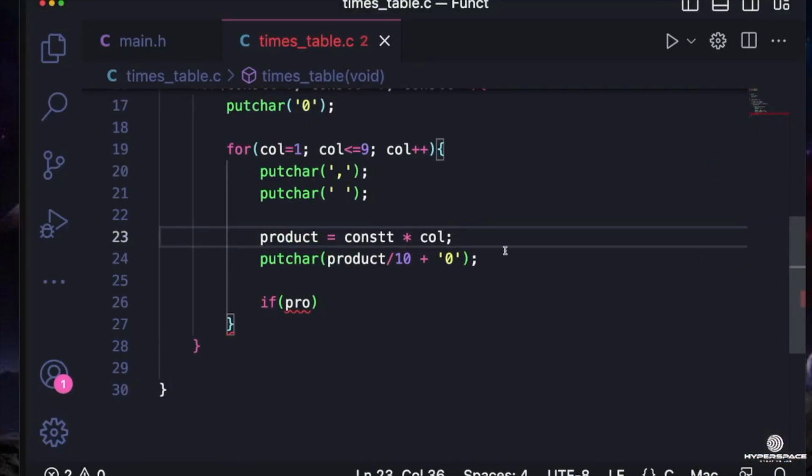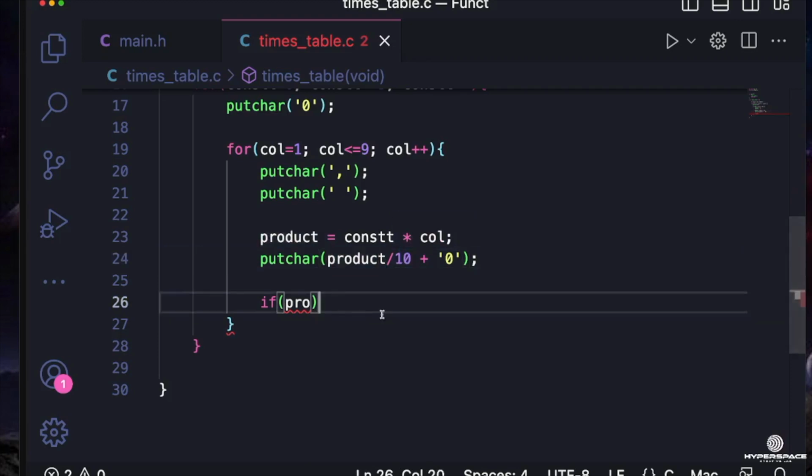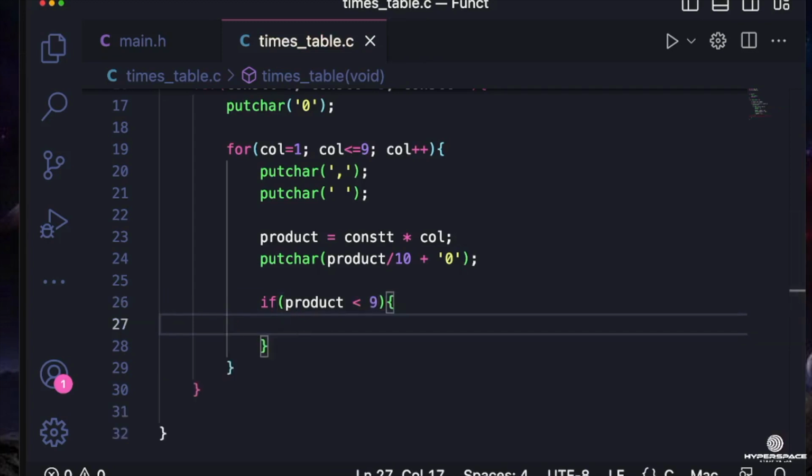Okay. So right after we declare our product, just like I've already explained to you, whatever number divided by 10, because they are integers, the decimal will be discarded. So this one gives us the first figure if it is a double digit. The product divided by 10 gives us the first figure if it is a double digit. Really simple. We now say that if our product is less than 9, and we open a code block for this, then we are going to put car